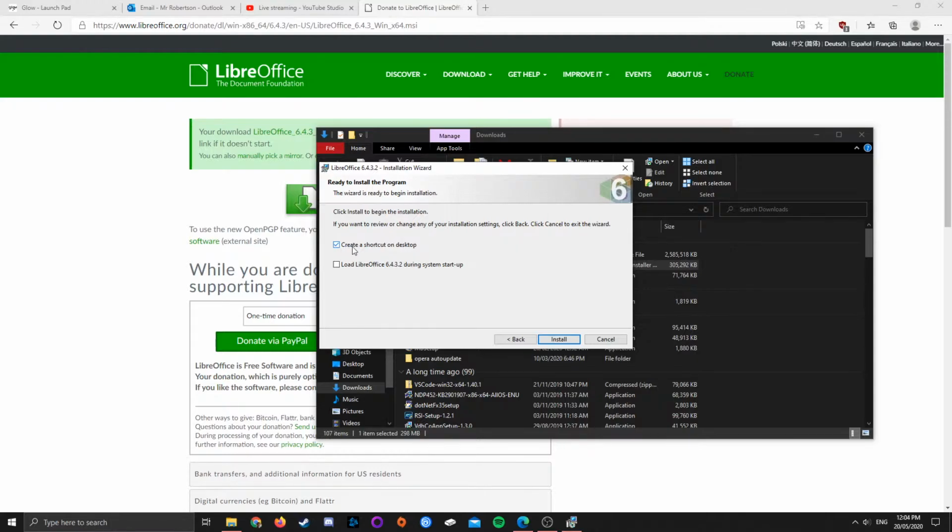You've got an option to create a shortcut. That just means there's an icon on your desktop that you can double click and it will take you to LibreOffice. I would leave that ticked on. And this one says load LibreOffice during system startup, so that means when you turn on your computer, LibreOffice will automatically start. I would leave that one unticked because it can slow down your system when you first turn it on. Okay, so install,